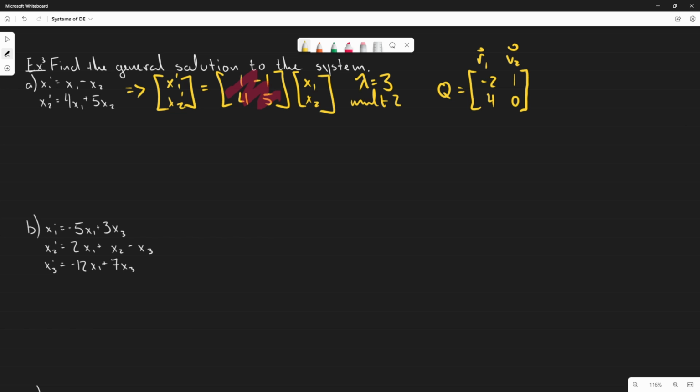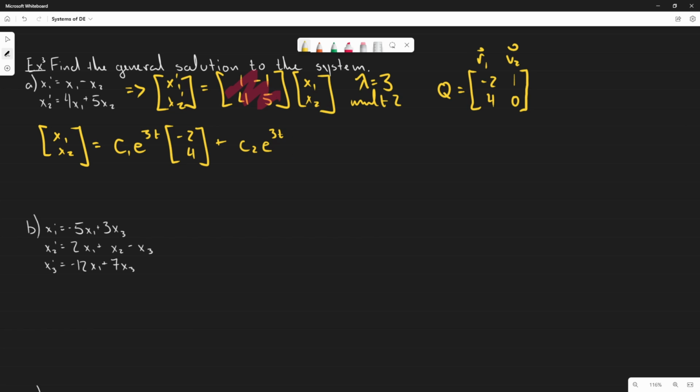And so our solution will end up being x1, x2 is equal to C1 times e to the 3t multiplied by -2, 4, plus C2 e to the 3t, and then multiplied by,